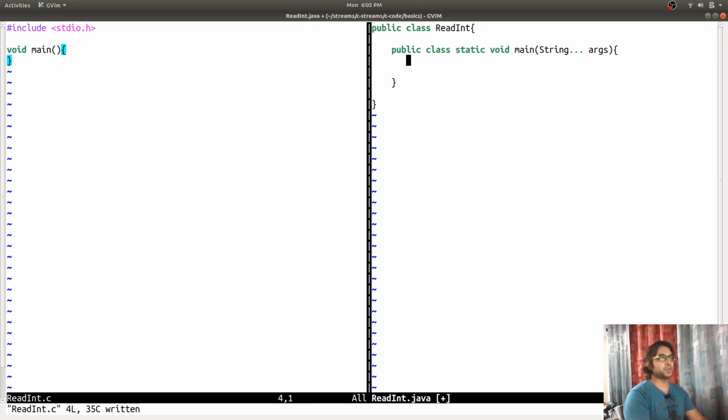I'm going to declare an int variable age. Same way, I'm going to declare an int variable, int age. I'm going to create a scanner object to read input from the console.